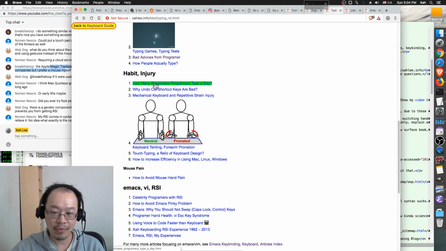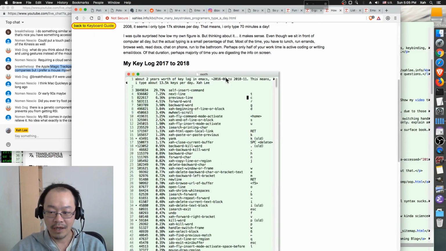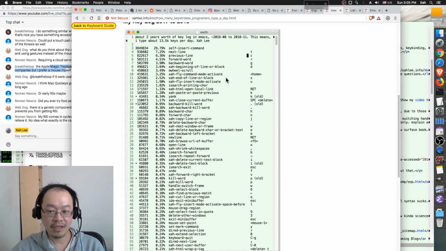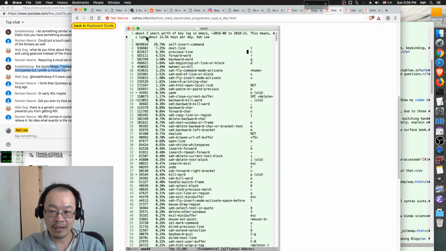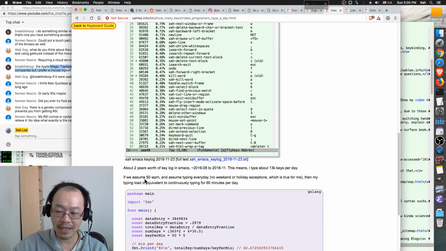Here's the example. How many keystrokes do programmers type a day? I have measured mine since about 5 years ago. This one in particular is from Emacs, 2 years' worth of keys in Emacs. When I'm typing, I'm almost always in Emacs. So here's my key log, and I know exactly how many keys I press a day.